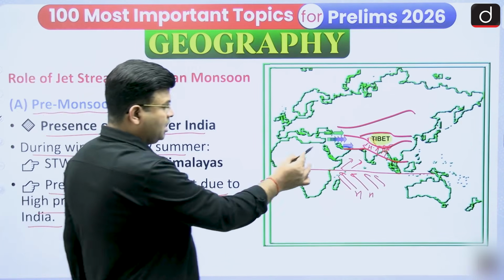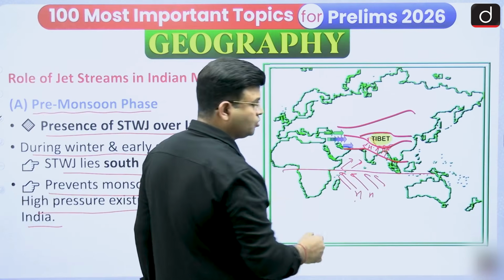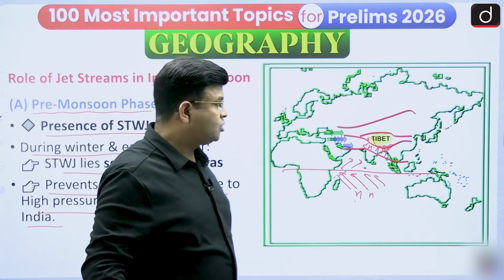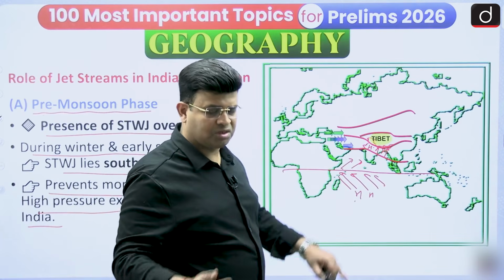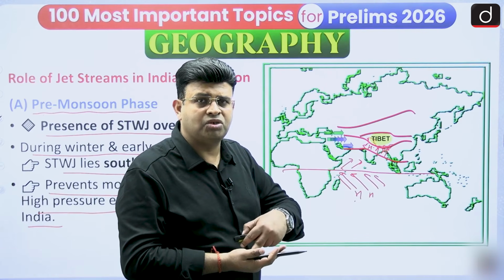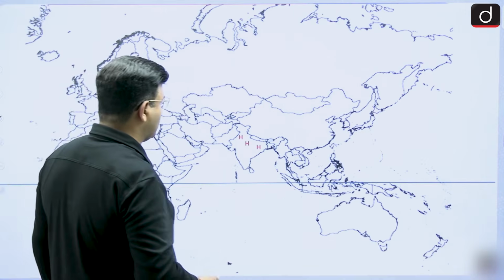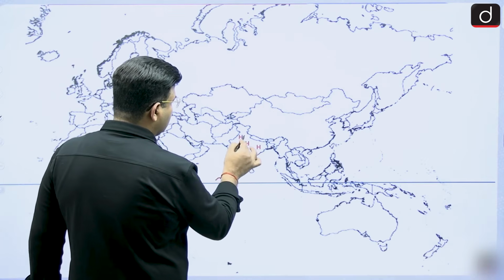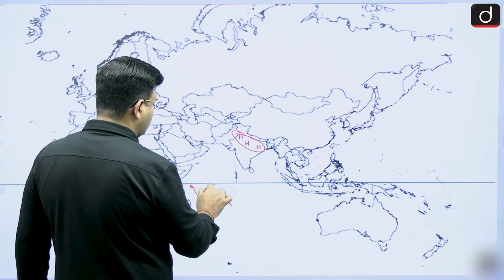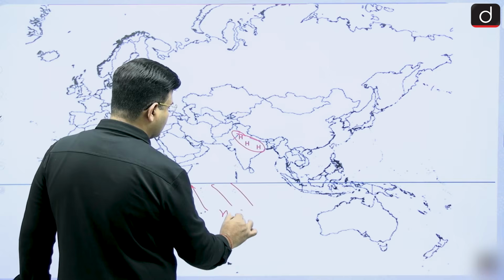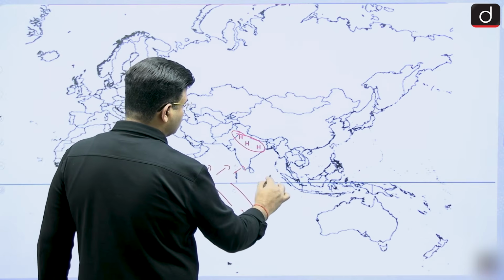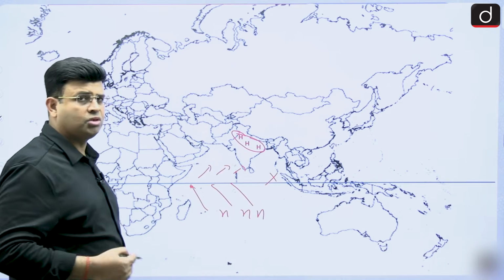So the southwest monsoon wind does not move from high to high, it moves from high to low. Because of the subtropical westerly jet stream, the air which is descending down creates a high pressure in northern India, and then the southeast trade wind will not be able to come. There is also high pressure in the southern ocean and it is not able to convert into southwest monsoon. So it is not able to happen. Southwest monsoon is not occurring